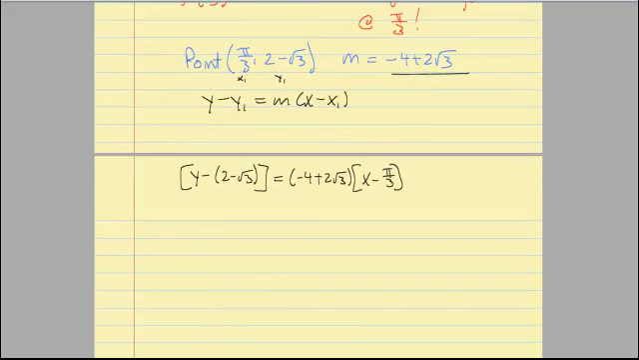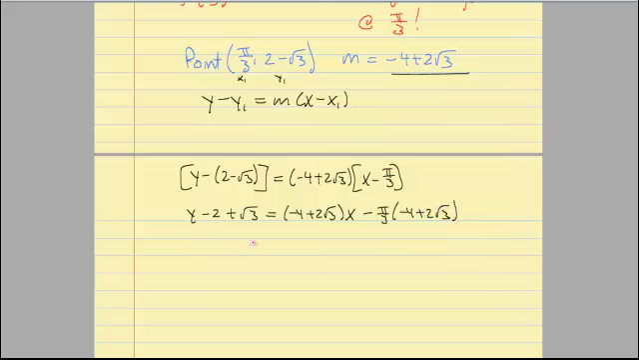And we want it in y equals mx plus b form. So let's look at this. y minus 2 plus the square root of 3 is equal to negative 4 plus 2 root 3 times x, minus pi over 3 times negative 4 plus 2 root 3. And then of course we want to move all of this across. This entire value right here is my slope. So I don't want to distribute it through to that x, because that coefficient is my slope. And because that coefficient is my slope, I want to keep it grouped together. And then over here I have my minus